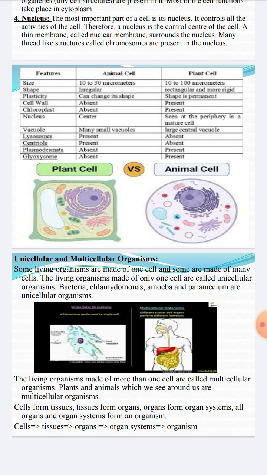Many cells form tissues, like skin. Skin is made up of many cells, and many tissues together form an organ. What is an organ? The heart, the lungs, and our kidneys. These all are organs. Many organs together form an organ system, like the respiratory system, blood circulatory system, urinary system, etc. And many organ systems are collected to form an organism. Do you all understand?